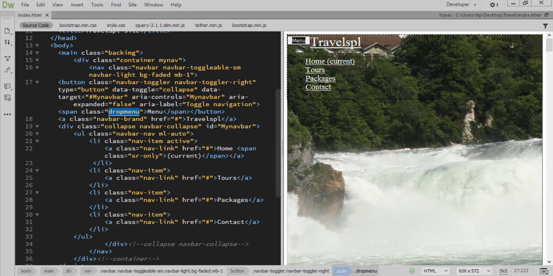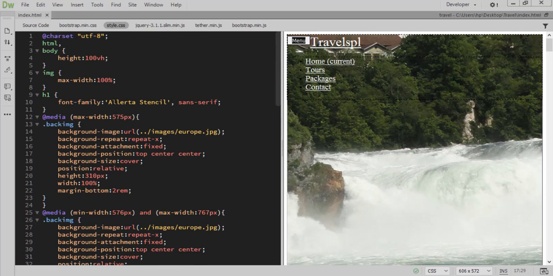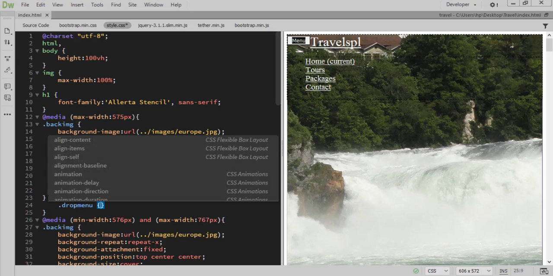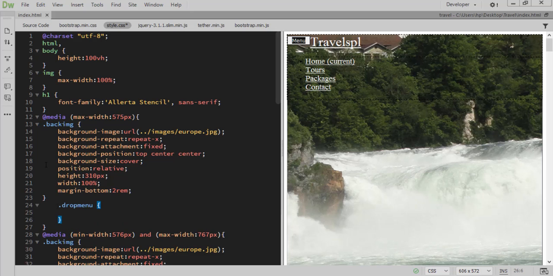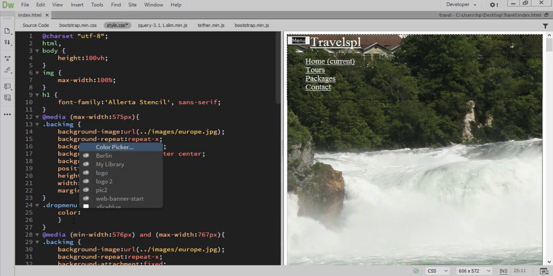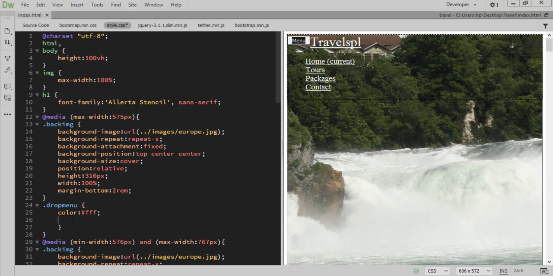So if I copy this class, come to the style sheet and select the smallest viewport, that is media max 575, and put a dot here and then paste that code, drop menu, and inside here. Now let's define the code. First of all, we want the color to be white. Let's provide it a little padding of say 0.2 rem, and also we would like to provide it a border